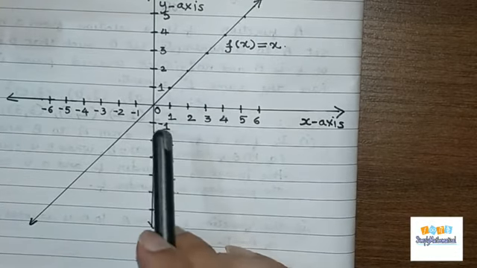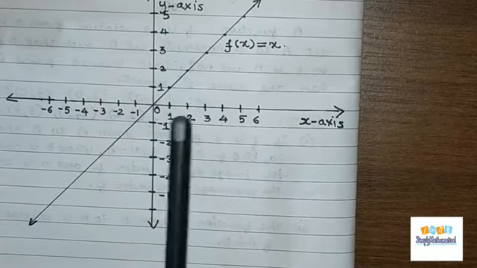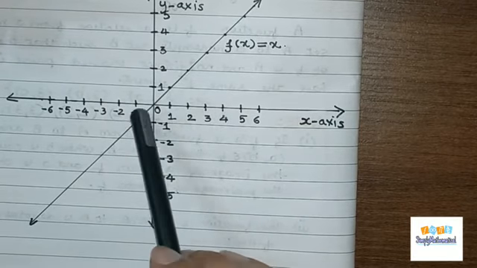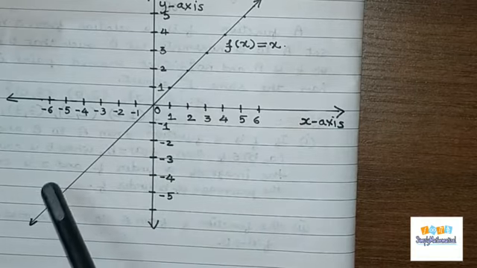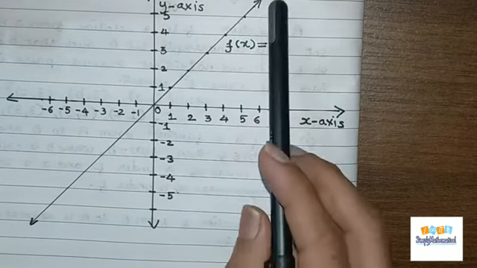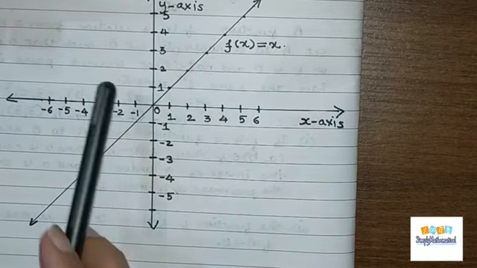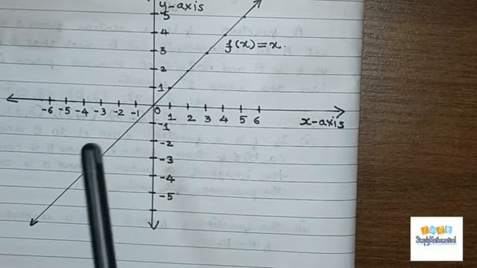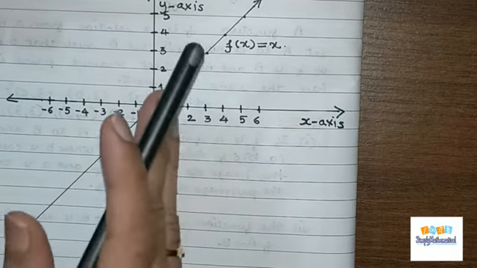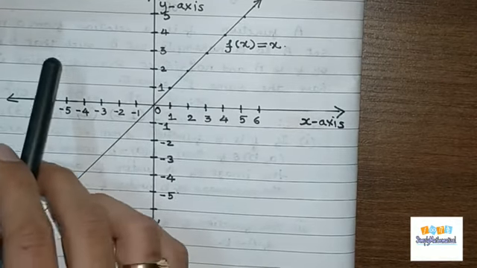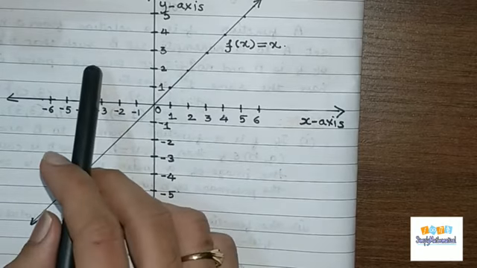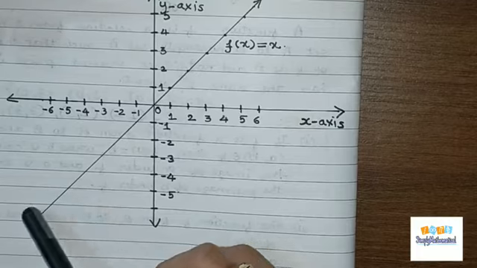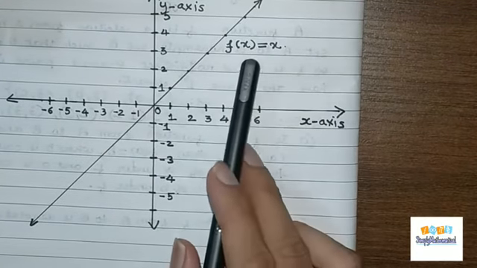Now if you look at the graph of the function, that is our task, right? We have to look at the definition and then look at the graph. So what is the graph of the identity function? It is a line which divides the xy plane into two halves. The left hand side of the coordinate axis is symmetric to the right hand side through this line f(x) = x.